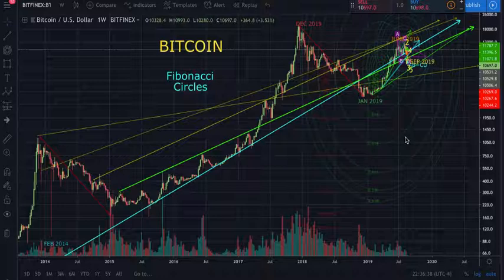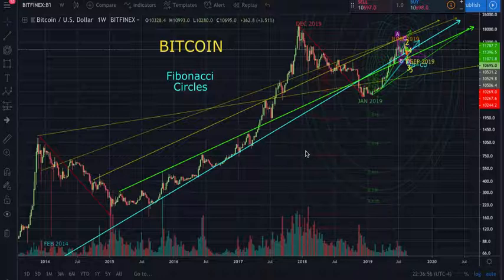But before we get started, I just want to say this is not financial advice. I'm not a financial advisor. I'm just giving some insights on the market and teaching people how to do some of the skills and use some of the tools that I've learned to use and ways that they have been useful for me to improve